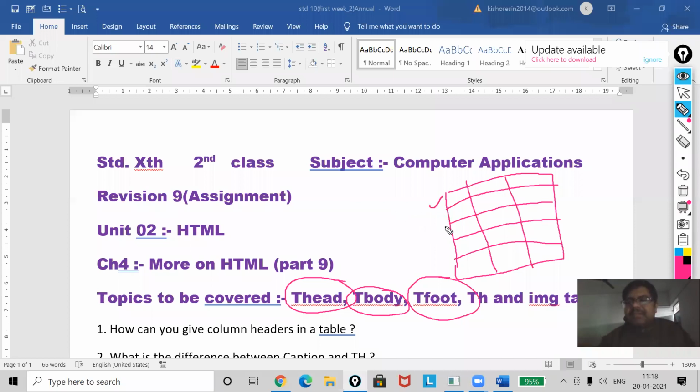Second and third one should behave as body, and this one as the foot. See, in which case thead, tbody and tfoot will help you a lot. When you want to divide your table in three parts, I'm not saying three equal parts. It depends on you that the first section will have how many rows, second how many rows, and third how many rows. Okay.